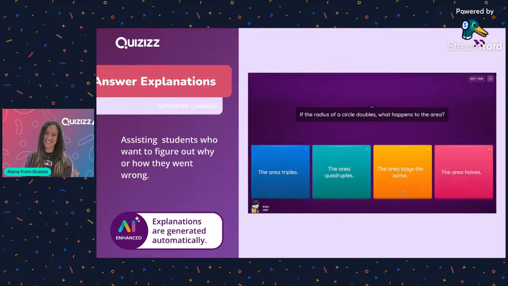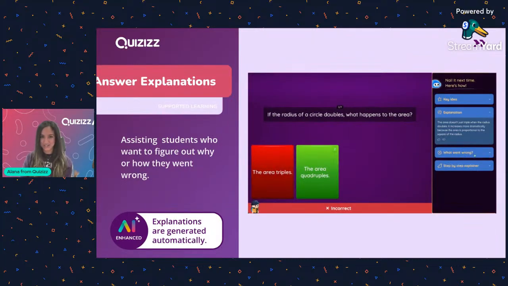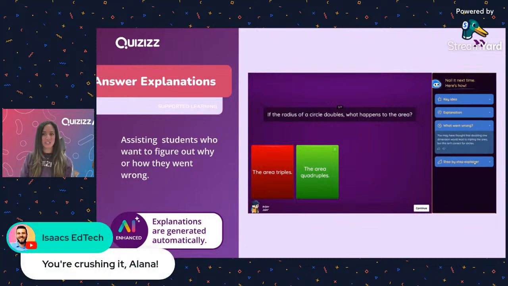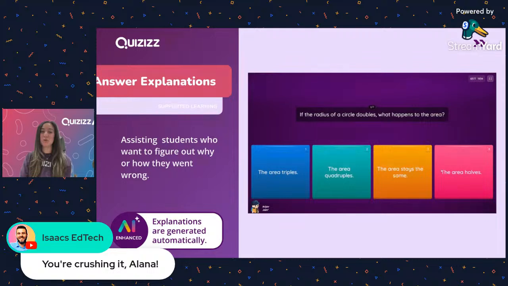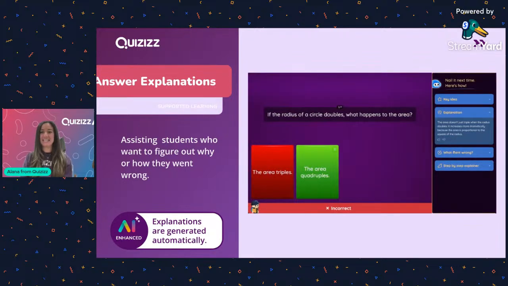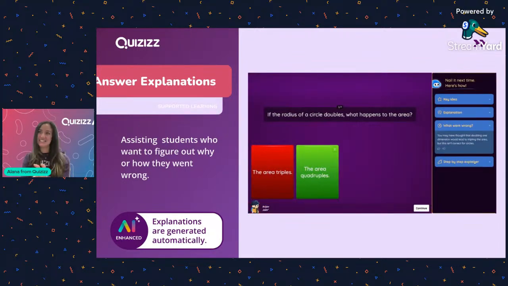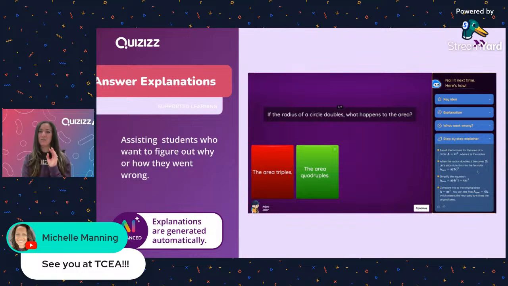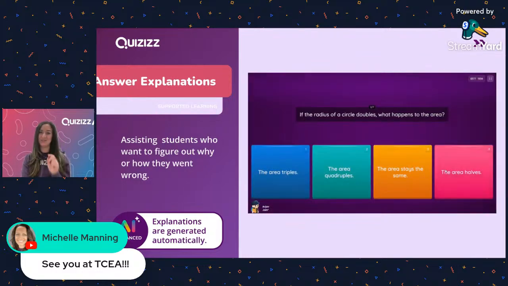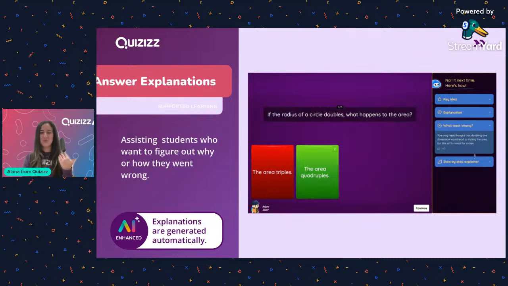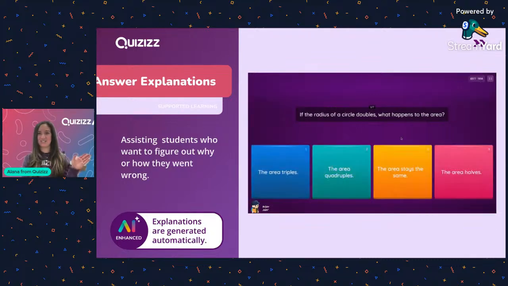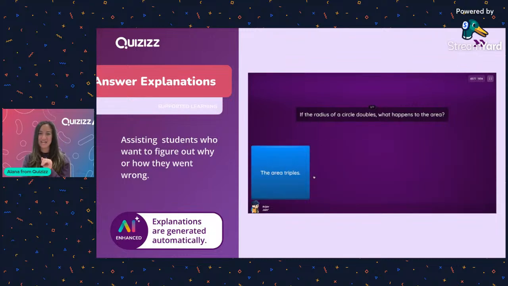And last but not least, I just want to tell you quickly about our answer explanations as well. And these are relatively pretty new too. And if you haven't seen these yet, this blows my mind. The fact that this even exists is just so crazy, but so awesome for making sure that students get the support that they need and that the content is accessible. So our answer explanations are powered by AI, and you can toggle it on when you assign an assessment.